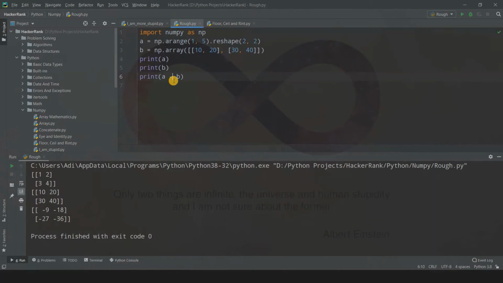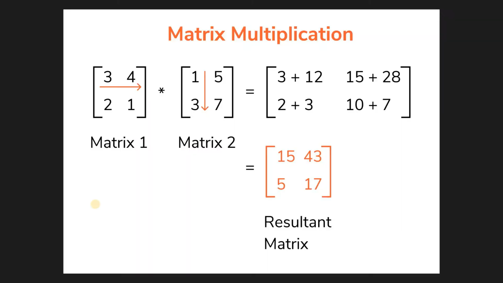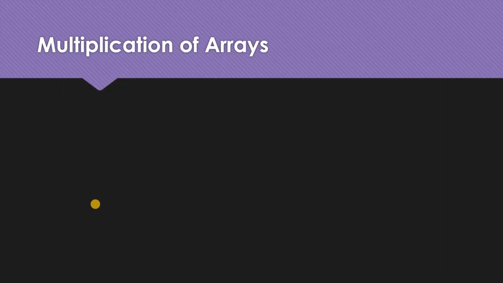But now let's talk about multiplication. So hold on. When I multiply this and let us run this code, see, now also I get the multiplied array element-wise. See, so 10 into 1 is 10, 20 into 2 is 40, and so on. But in matrices, we don't do multiplication like this. So let us talk about it in a while. Yeah, so multiplication of arrays is simple. I talked about it just a while ago.